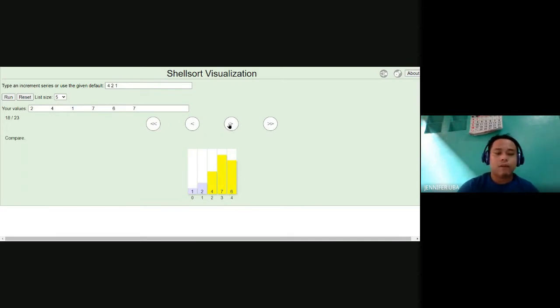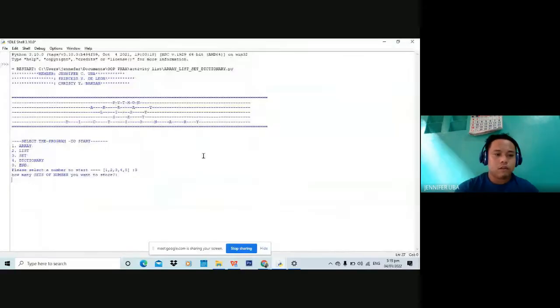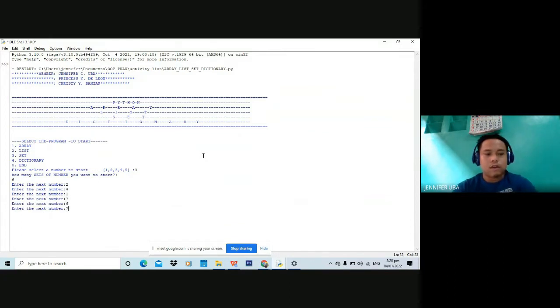another comparing of numbers and then 4 of 7 so let's proceed is 4 is lesser than 7 is yes so wala sila increment so 7 is lesser than 6 is no because 6 is lesser than 7 so na sila exchange ani so okay so swap na sila okay let's put 6 how many sets of numbers you want to store 6 2 4 1 7 6 7 so